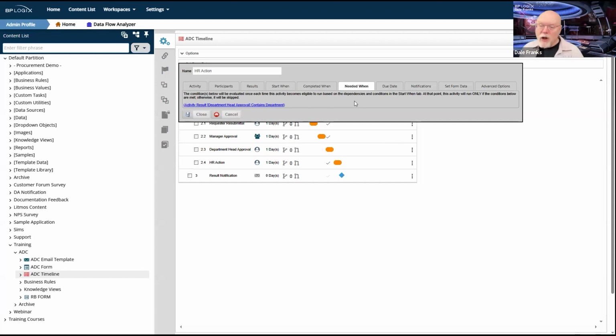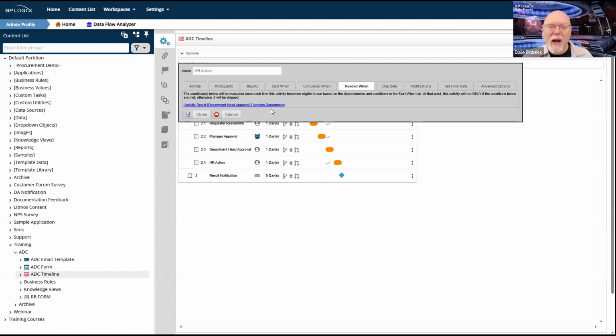And by the way, I don't have to make a more complex condition than this because the only condition under which a result for department head approval will actually contain the word department is if A, it is a complaint, and B, the supervisor has said, I'm solving it here. So I don't have to check to see what the request type is. That button simply won't show up unless the request type is complaint anyway. So this makes building this condition a lot easier.